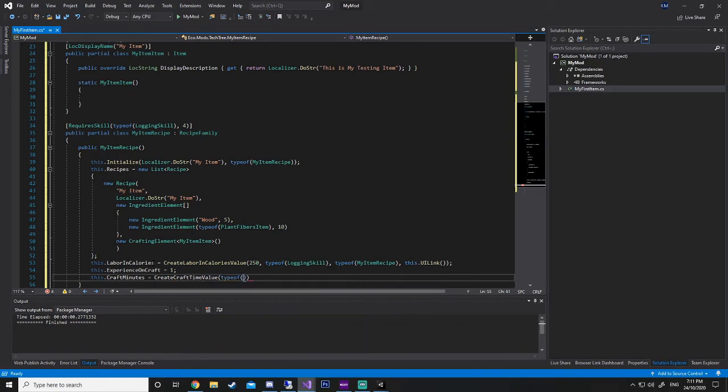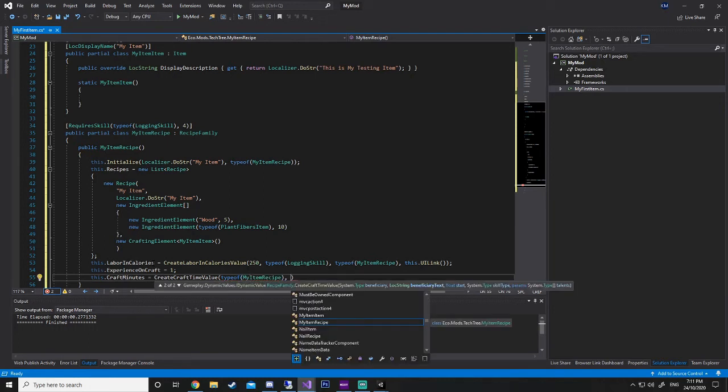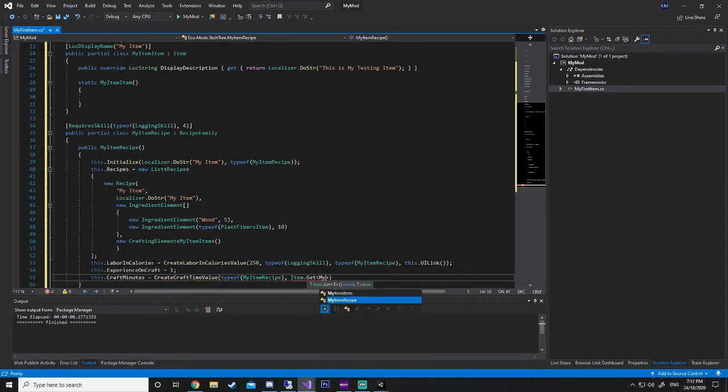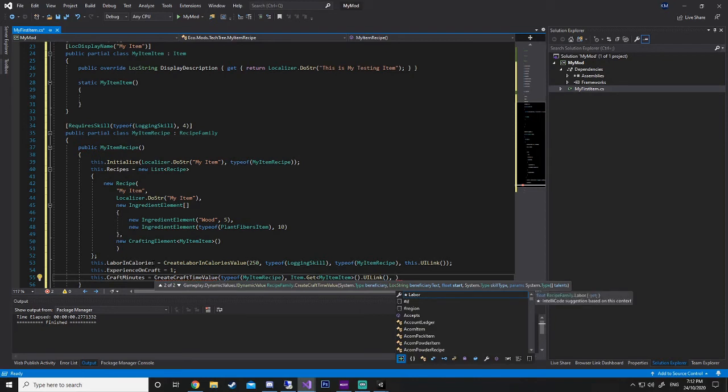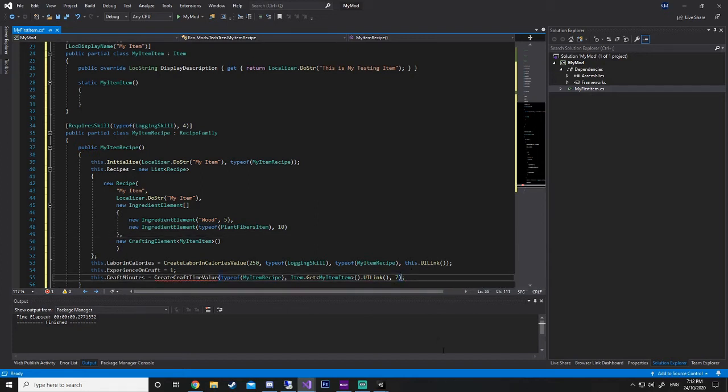We are going to reference our recipe first, and then we're going to go item.get my item dot UI link. Now this part here is our time. So we're going to add, say, 7 minutes. That needs to be finished off with a semicolon.